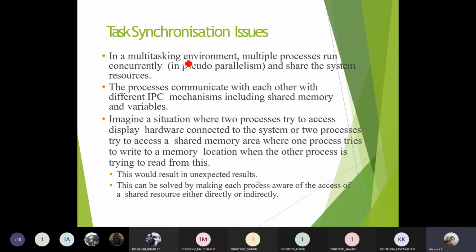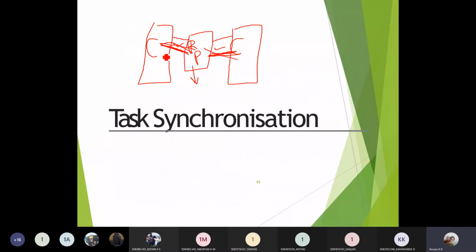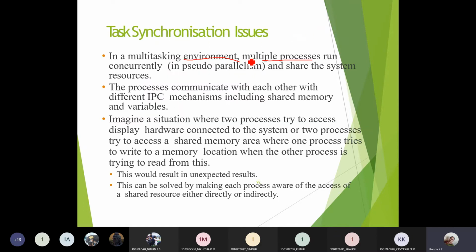Whenever you have a multitasking environment, we'll have multiple processes executing at the same time and sharing all the resources at the same time. As I told you, here you have one process executing on this computer and one process executing on this computer, and you have a single resource where multiple processes are executing and using this particular resource effectively. So multiple processes in a multitasking environment will be using the system, and how efficiently it will be utilizing the system resources.